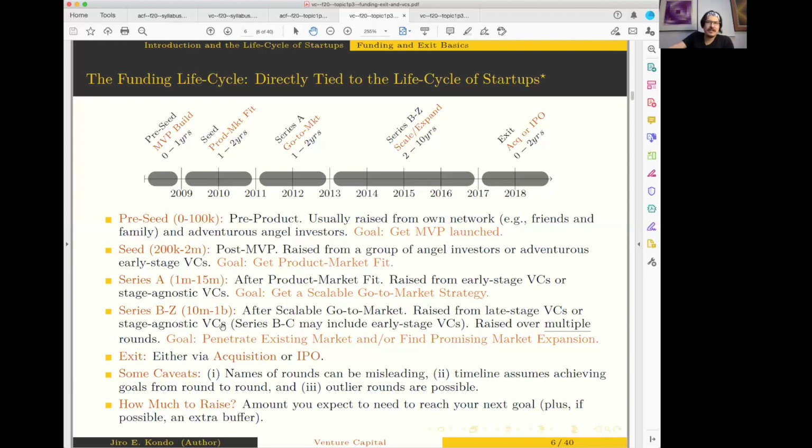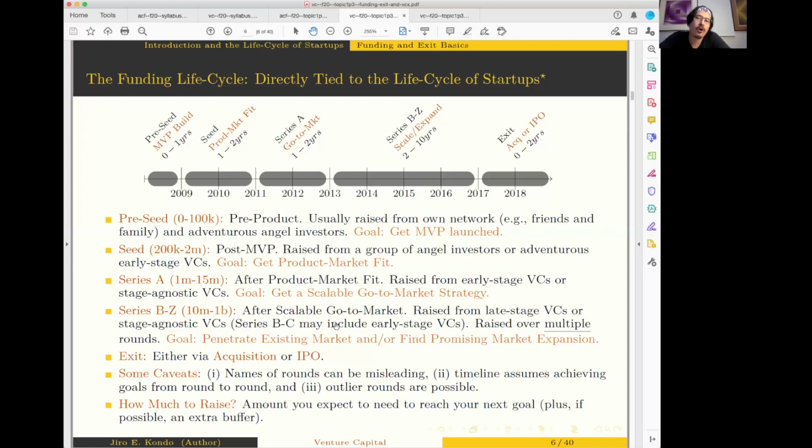Any questions about this? Yeah, I had a quick question just for further context. How many VCs are we talking that are investing in a round? So let's say in Series A, if you're raising $1 to $15 million, how many VCs are giving you capital? So one thing that Mike is pointing out is that an individual funding round is usually done in a syndicate, meaning that there's more than one investor in the round.